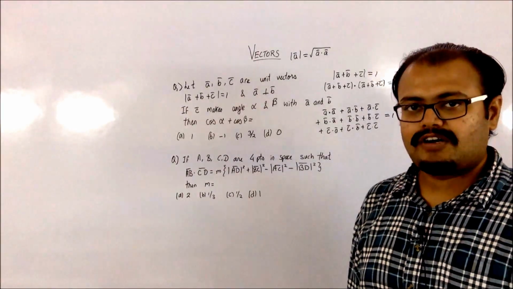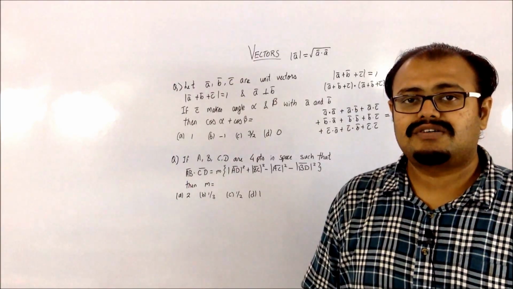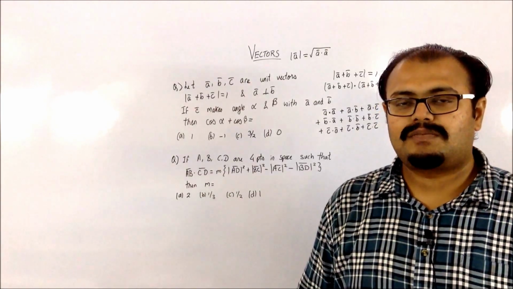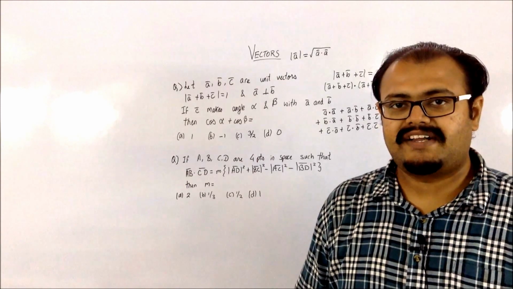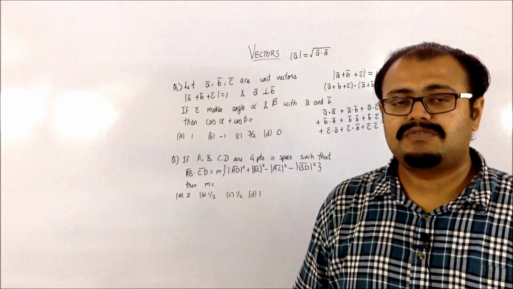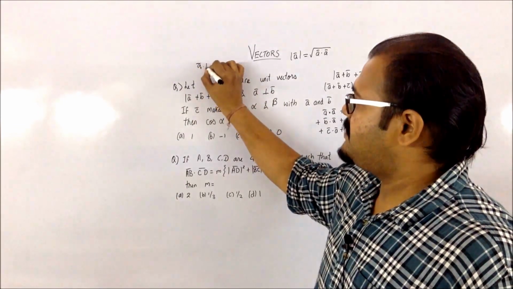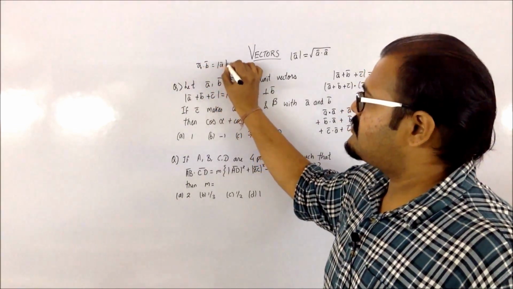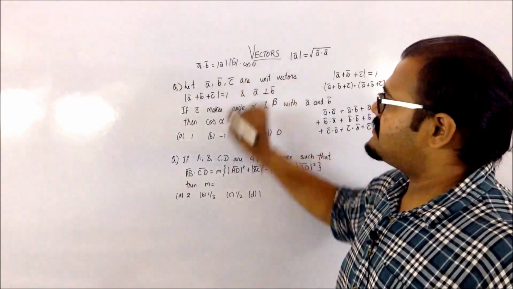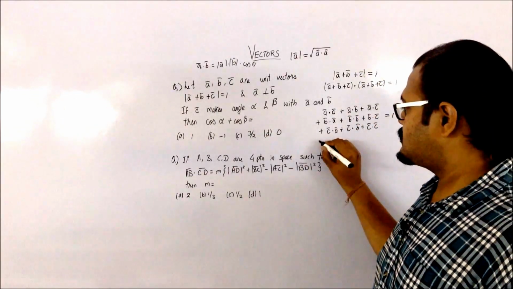Now let us understand the dot product. If you are taking the dot product of a vector with itself, it's going to have the value of the magnitude square. And if you are taking the dot product of two vectors which are perpendicular to each other, and if you are taking the dot product of any two vectors, then it will be given by the formula. If I am taking A dot B, then it will have magnitude of A into magnitude of B into cos of theta, which is the angle between A and B. So over here, just replacing those terms with that.